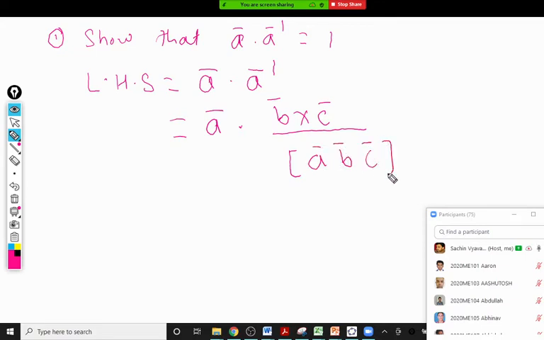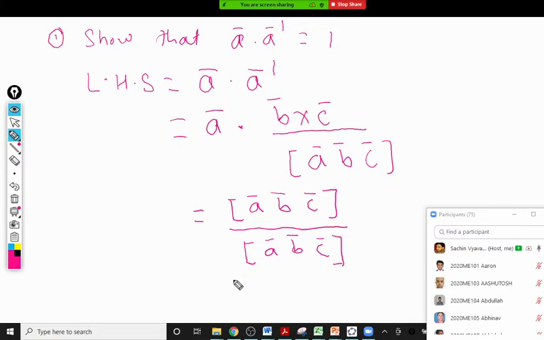Now already we've seen what is this box product and dot product. They are numbers, they are scalar. So whatever the dot is left, that goes between the vector. So the numerator is the box ABC, and the denominator is also the box ABC, only in a different notation. You will observe they cancel each other and you get the answer as 1. That's RHS. So see, the proof is very trivial. These are just by definition of the reciprocal system or the triad.